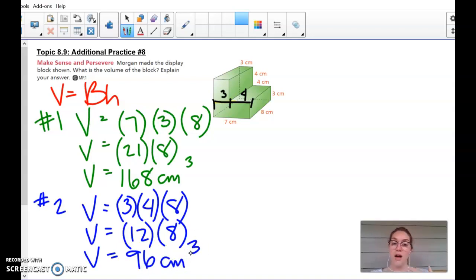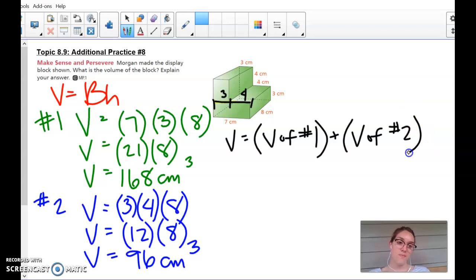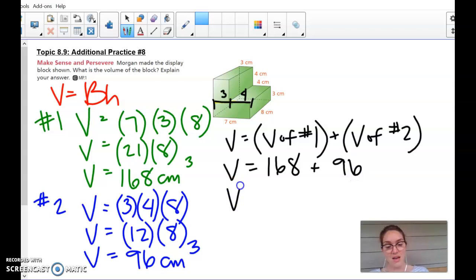All right, I found the volume of one of the rectangular prisms. I found the volume of the other rectangular prism that make up this shape. And now lastly, I need to add them together because my total volume is going to be equal to the volume of the first rectangular prism plus the volume of our second rectangular prism. So the volume is equal to 168, which is the volume of my first rectangular prism, plus 96, which is the volume of my second. So volume is equal to 168 plus 96, and that's going to be